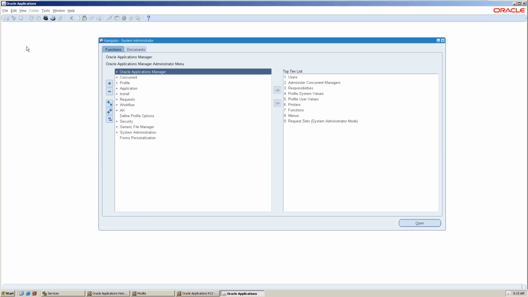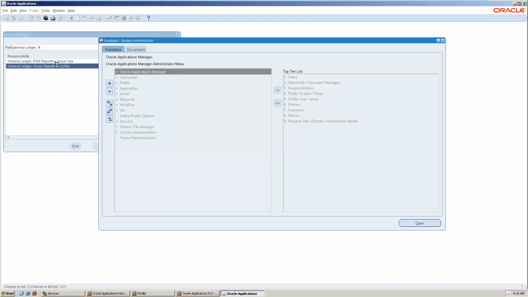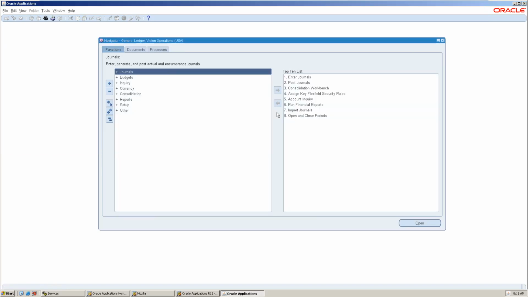Okay. So this tab is Switch Responsibility. I'm changing to General Ledger. For any module you have in Oracle, you have to go to GL first to create the basic key flexfield and everything. So this is the root for all. Everywhere you create an accounting entry, it falls into General Ledger.